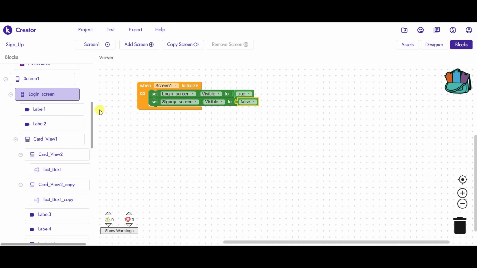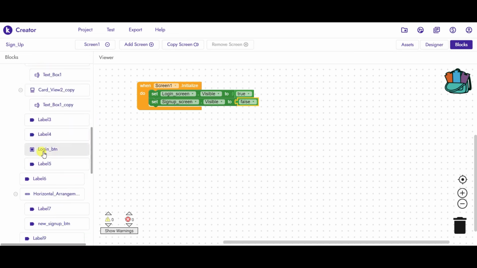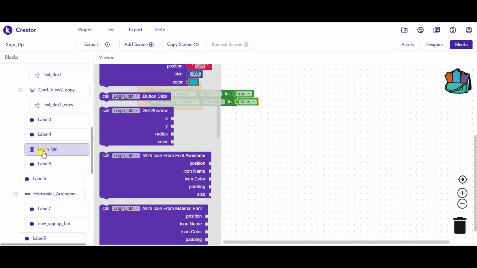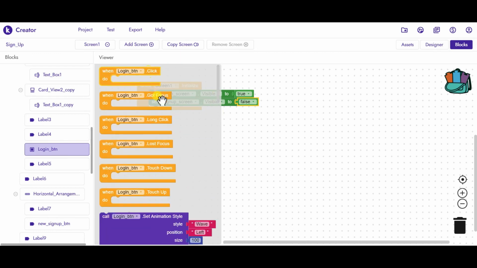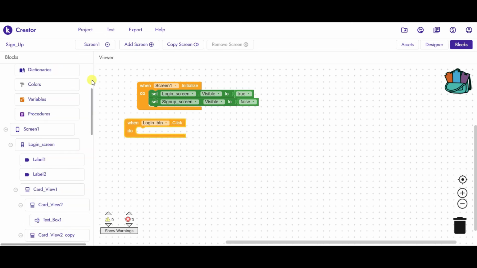Now whenever login button is clicked, we will check a condition.